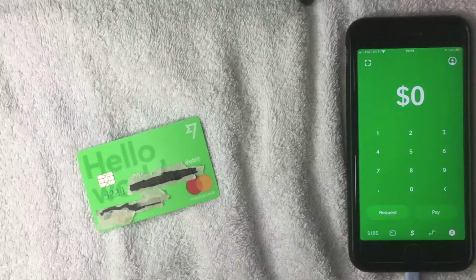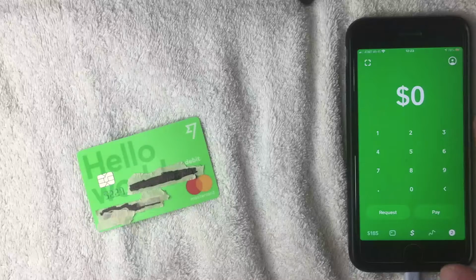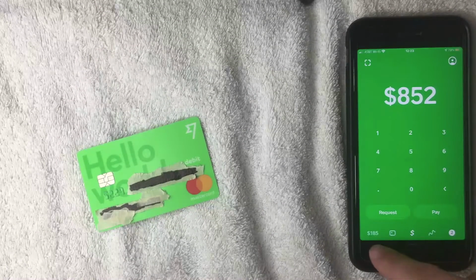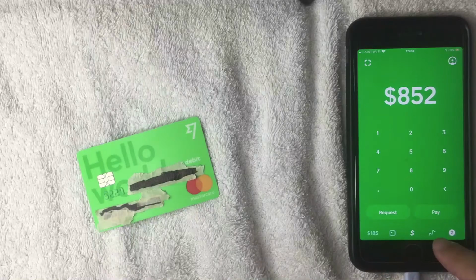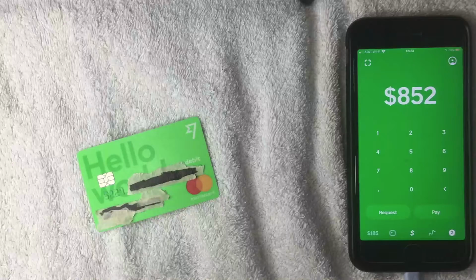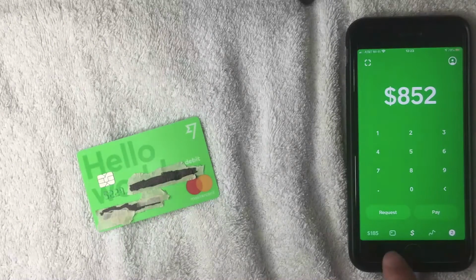All right, I went ahead and opened up the Cash App, and this is the home screen. So here on the home screen, you can request money, pay money. You can also see your balance on your Cash App. You can check the price of Bitcoins, but we're not going to worry about that. In order to add a debit card or a payment option, you want to click down here on the balance,